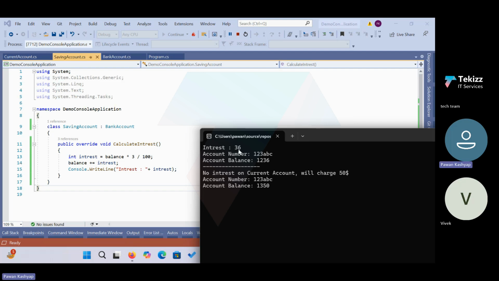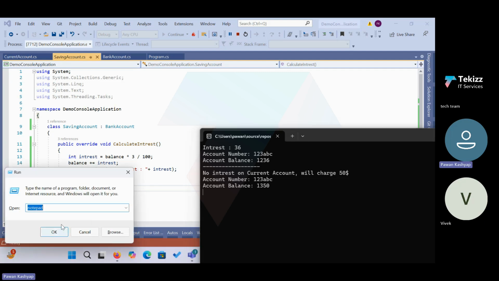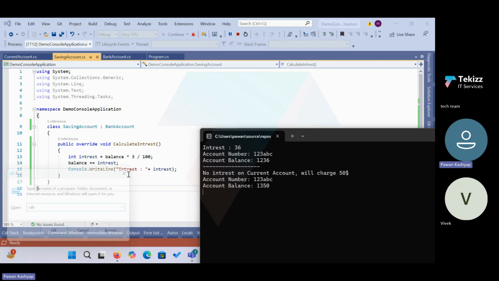Okay, so the balance is 1, 2, 3, 6. Let me calculate: 1,000, 200, and 36. Yes, 1,236. So this is the updated balance. In the case of the